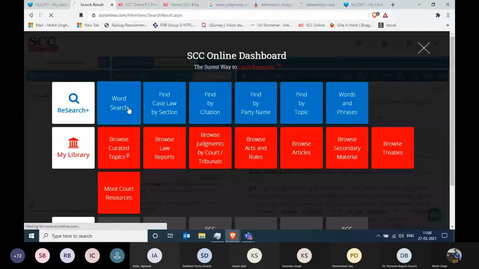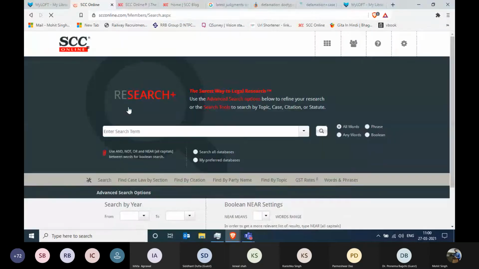But sometimes researchers not only want one section of an act, sometimes they also want two different acts and two different sections to be searched together in the same judgment. So whenever you're looking for two different acts and two different sections and you want to search them together, you can do it right away. For example, again, let's take this NI Act example.